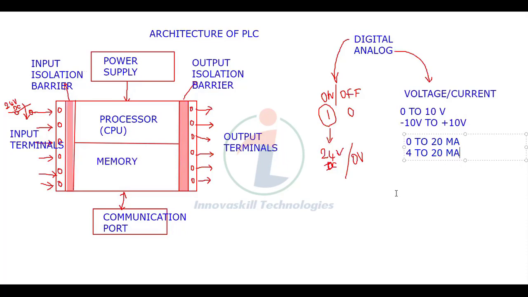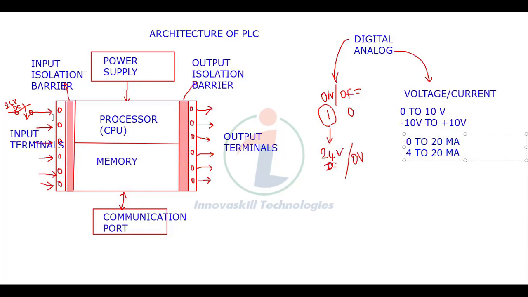But if you say the level is 30%, 40%, 50%, you cannot say that in a specific status like level is on or level is off. You will say the level is within this much range, like level is 40 to 50, specifically mentioning some range. Wherever you are mentioning some range, that will be taken as analog. Wherever you are mentioning it in two statuses, that will be called digital. So this is the difference between digital and analog.